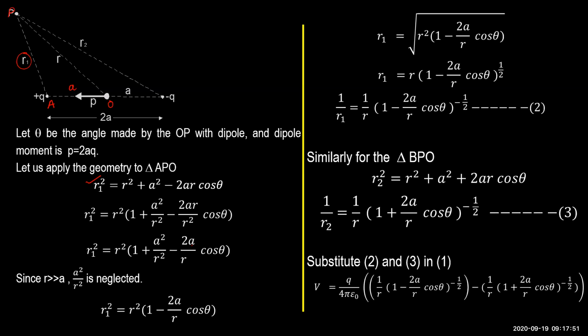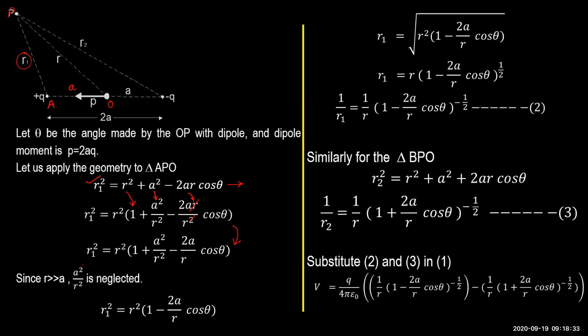Now, take R square common. When R square is taken common, in its place 1 will appear, and in the second term R square will come in the denominator. In the third term also, R square will come in the denominator. Therefore, one R will be cancelled from the third term, and the remaining terms are written as they are.